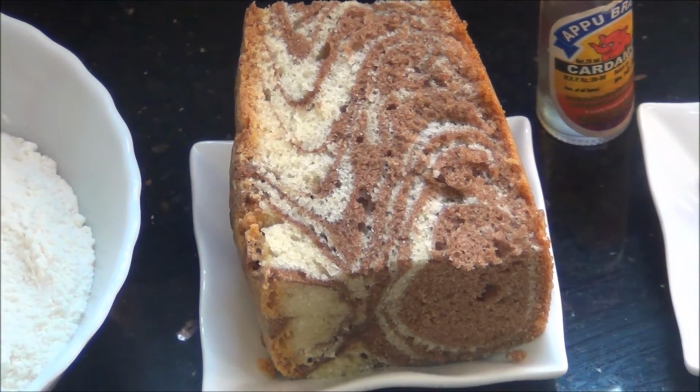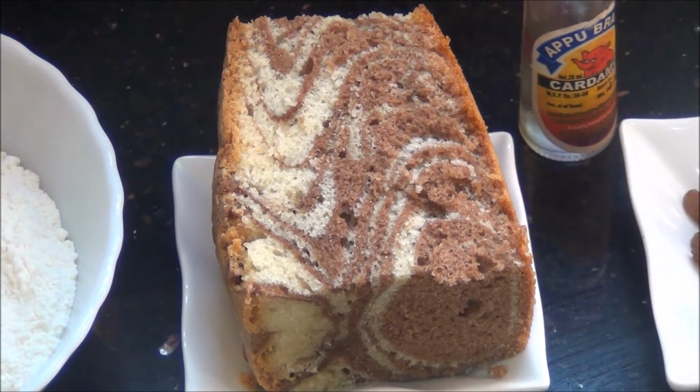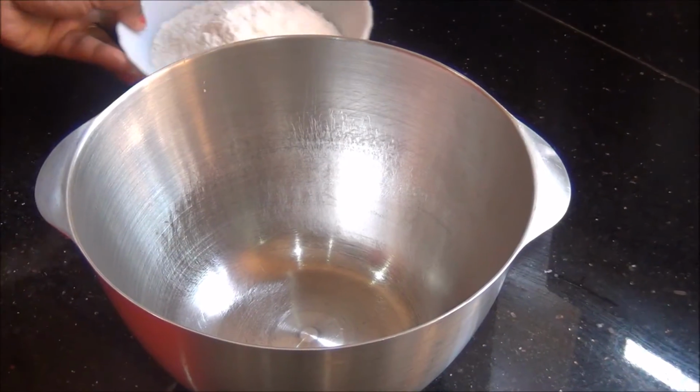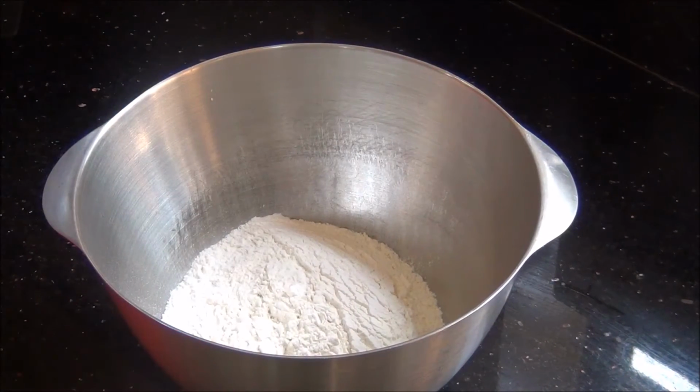I'm using some leftover of the zebra cake I prepared the previous day. You can also use the normal cakes if you don't have the sponge cake. Some cardamom flavoring essence. First I'm going to take the maida or plain flour in a large bowl, and I'm